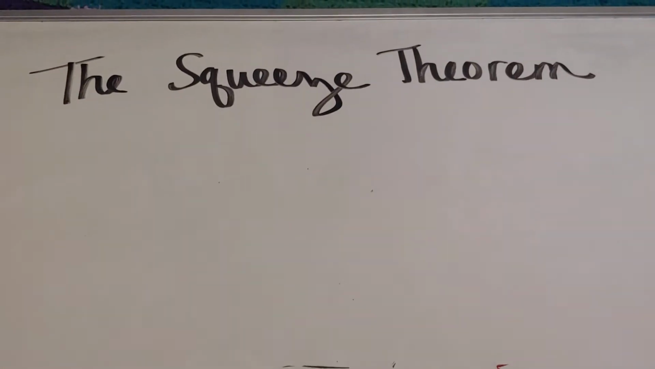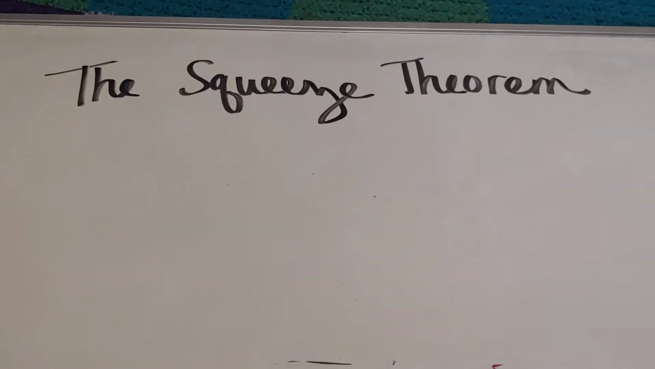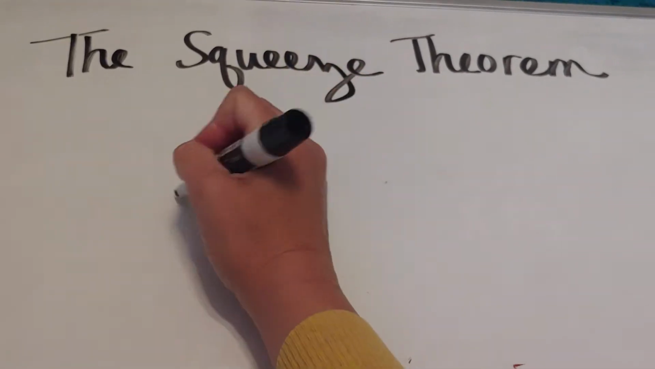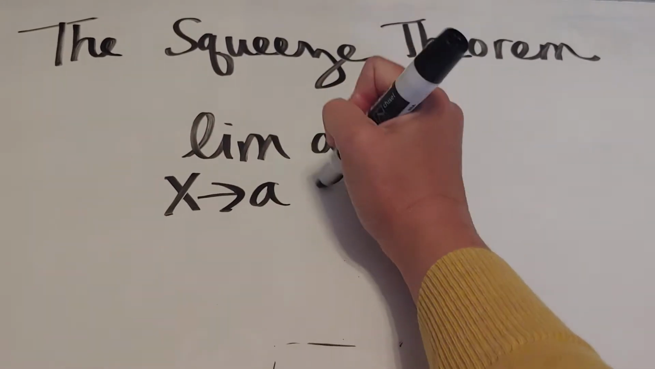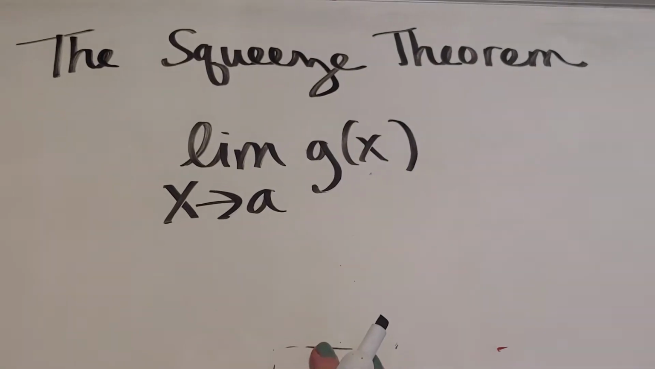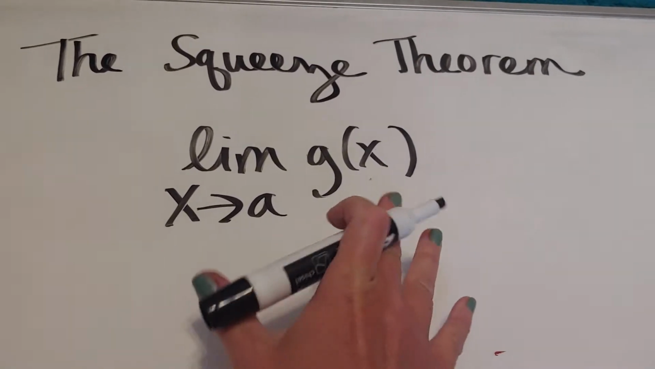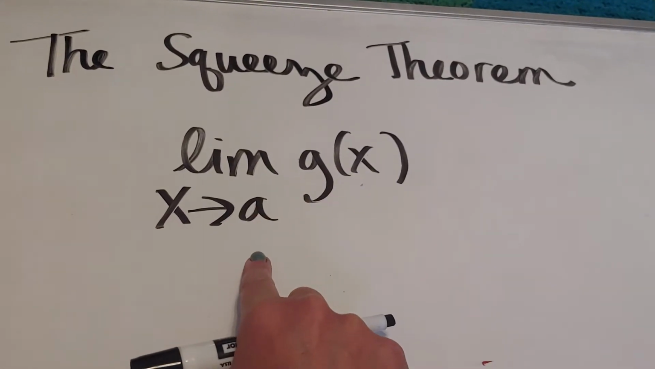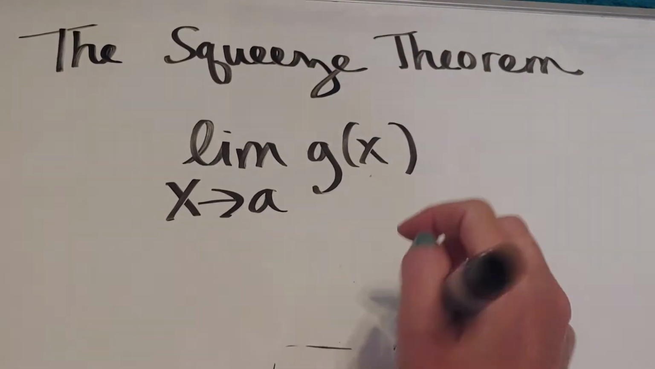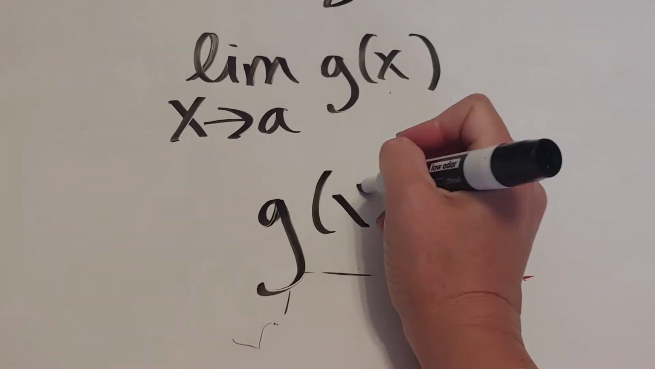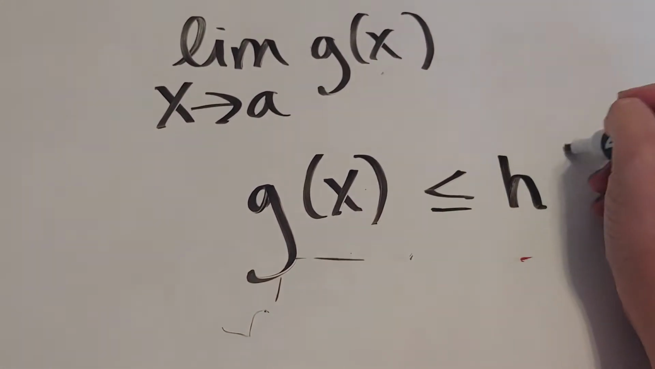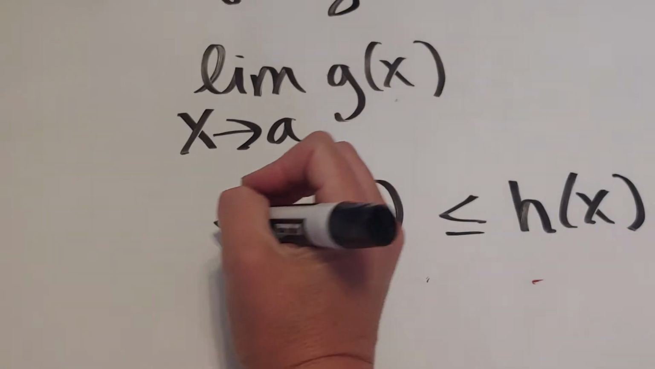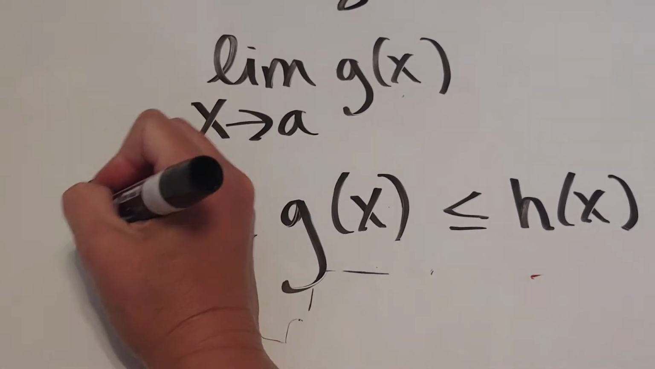In this video, we're going to talk about the squeeze theorem. The idea of a squeeze theorem is that you want to know what's going on with a function that's maybe kind of wiggly and crazy. We want to know what's going on with this function near a. The idea is that if you can create or know of a function that's above it, and a function that is below it,